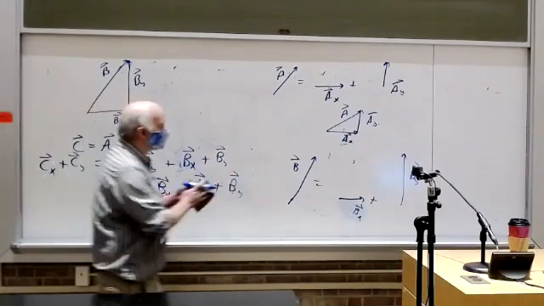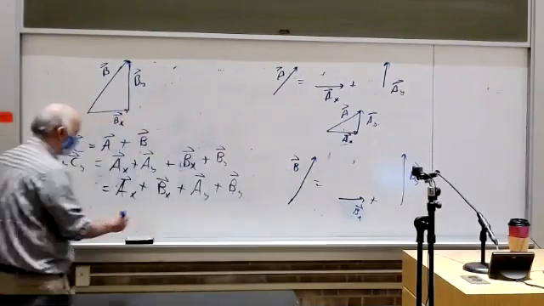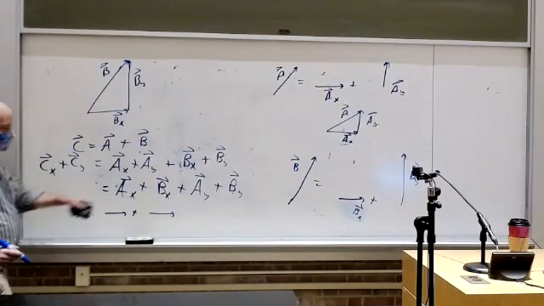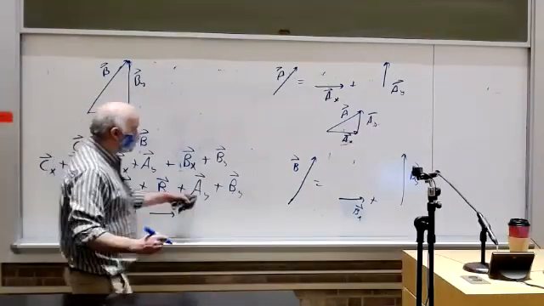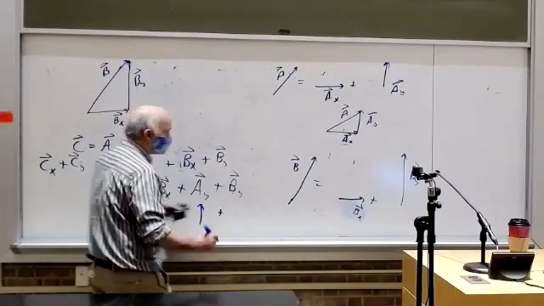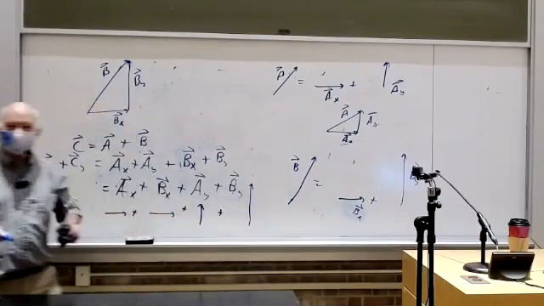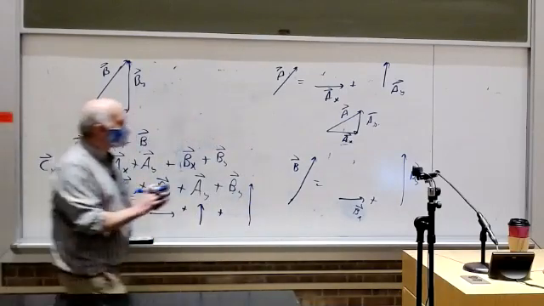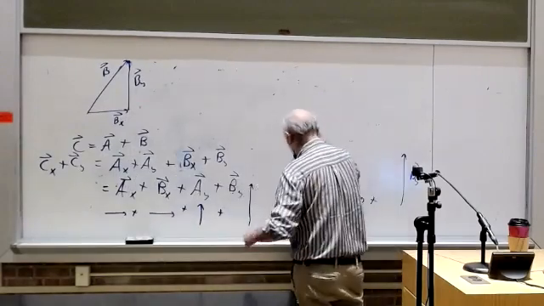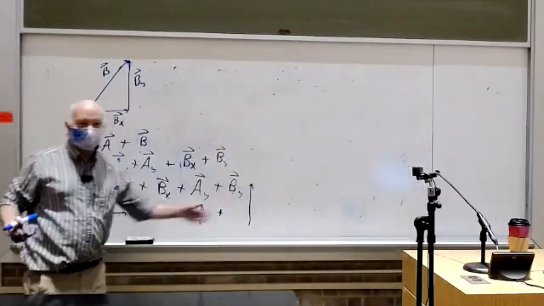And if I were to look at that, what does that mean? That means I take this AX plus this BX. So that's taking this fellow plus this fellow. Okay. And then what does this say? This says add this vector here, there, plus this vector here, which is bigger, like that. That's what that's saying. So if you add those all together, or you just add these in a tip-to-tail fashion,